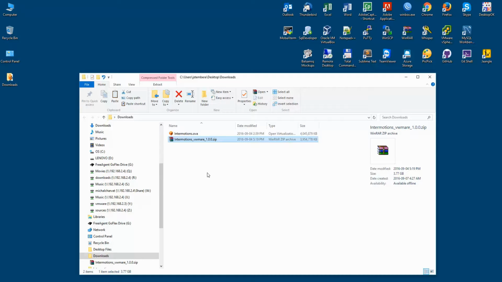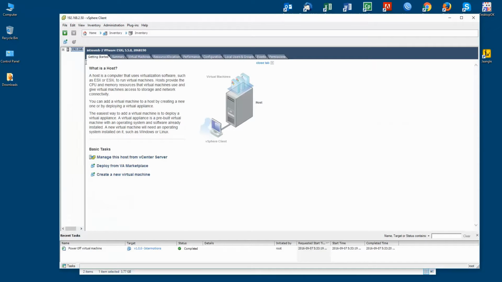The first thing I've done is I've gone to Intermotions and downloaded the Intermotions VMware 1.0 zip and unzipped it into a folder on my desktop. The next thing you need to do is to log into your vSphere client, select the host on which you want to deploy the Intermotions image, and select File, Deploy OVF Template,